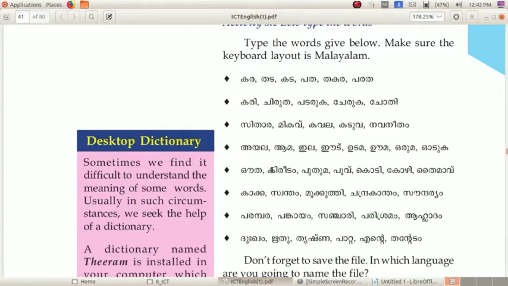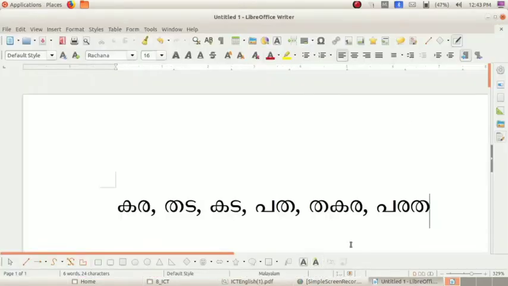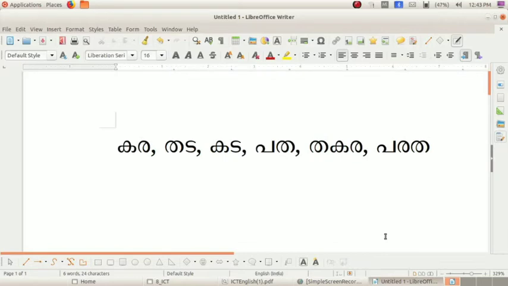But here you can see not only letters, it is having some symbols also, isn't it? Kiridam. How can we type that? Ka, that is K. Then we want a symbol for key. That is in the F key.